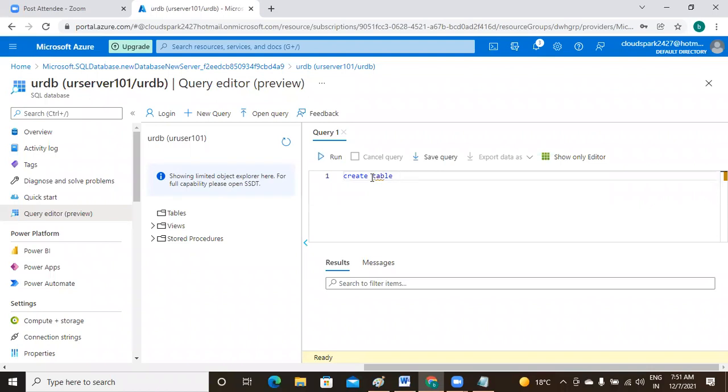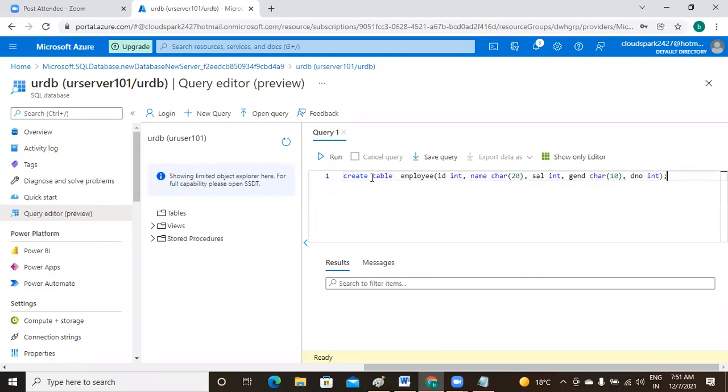Create table. The table name is, let's say, EMP or employee. ID int, name varchar(20), salary int, gender, let's say varchar(10), department number int.